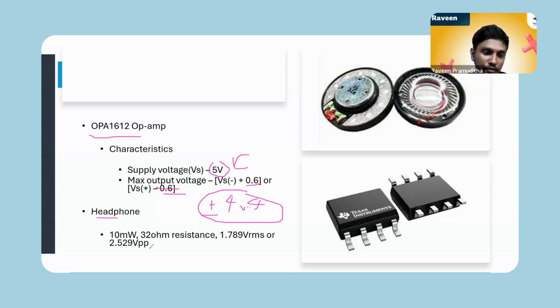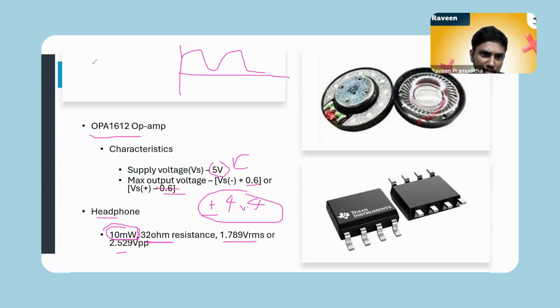So if I use a 5-volt power supply, I can get plus or minus 4.4 volts as the output. On the headphone side, I'm using 10 milliwatt power and 30 ohm internal resistance. For that we should use 1.789 VRMS, so 2.529 V peak to peak voltage. I think if I use a sinusoidal signal to satisfy this requirement, I need to get